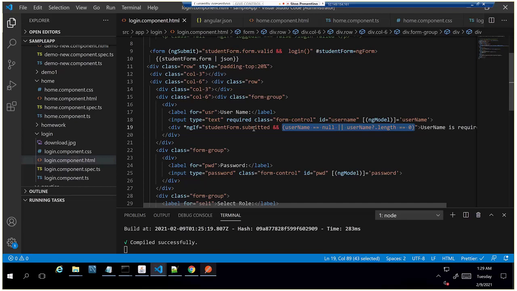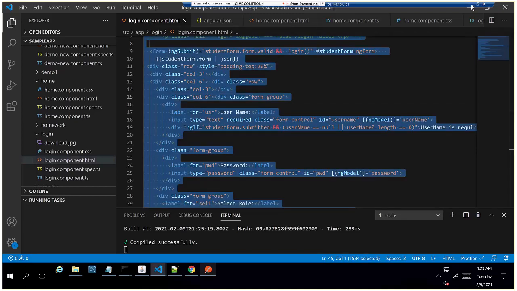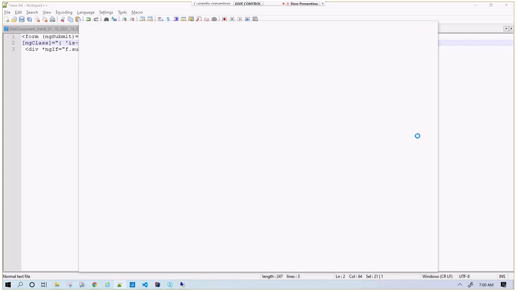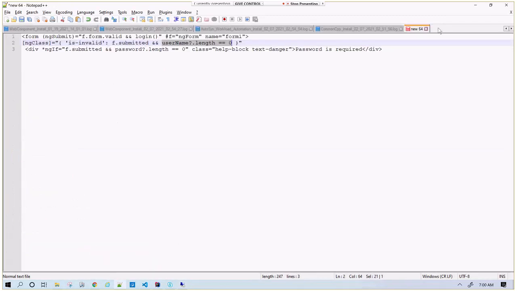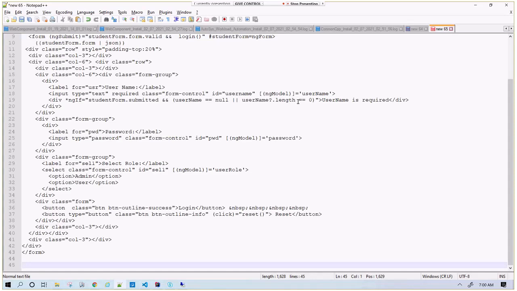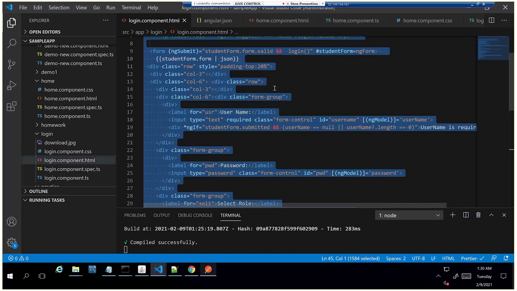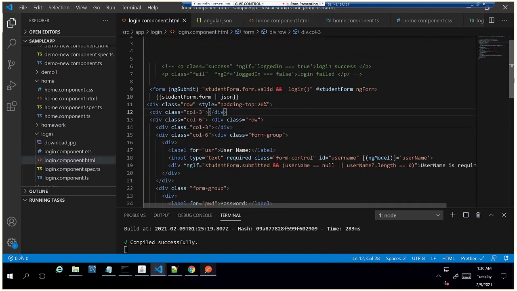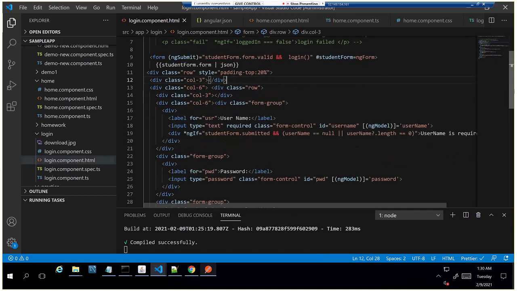Tomorrow I'll show you how to write it, and I'll fix this model driven form code. I am taking the code from here and I'll add it here. There is some problem with this code. I'll rectify it, we'll see what exactly went wrong, and I'll show you how to write reactive forms and validations tomorrow.